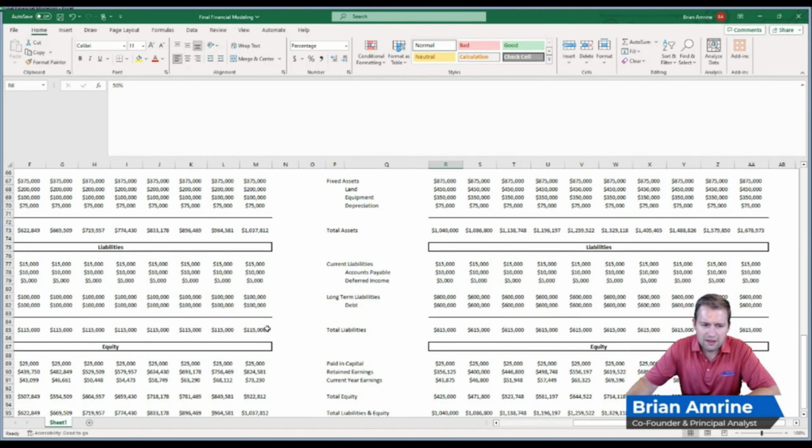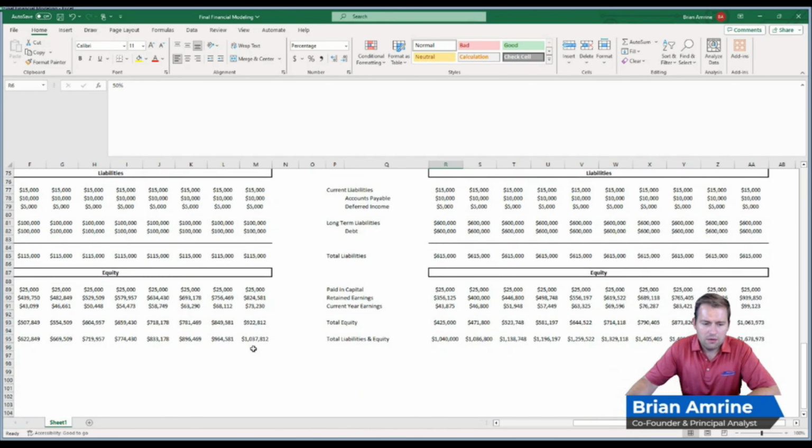But if we were to take those assets, subtract out all the money that we owe, accounts payable, deferred income, debt, we would be left with an equity amount. And you can see that the equity is assumed to go up. We assume that the total equity goes up from 922,000 is what we would expect to have in 2032, 10 years from now. Without the change, we'd expect to have